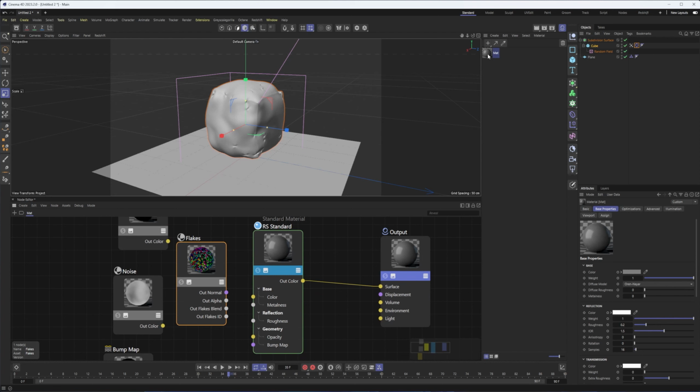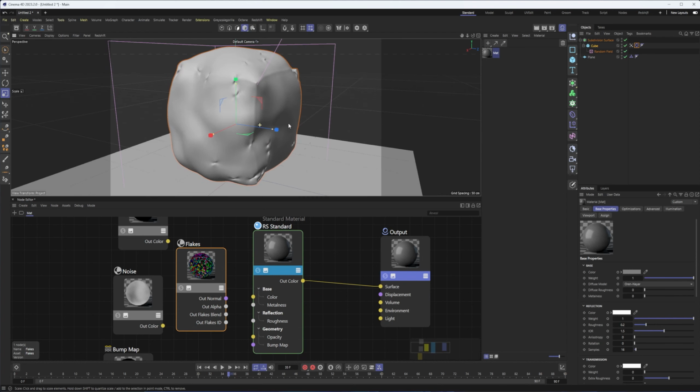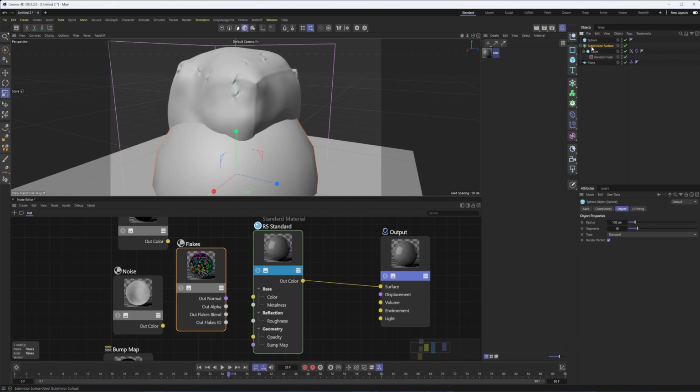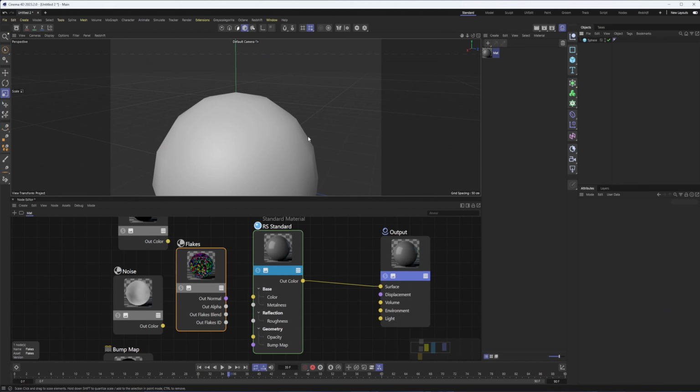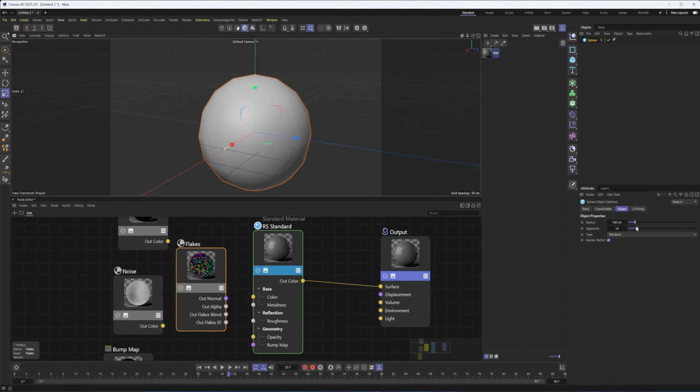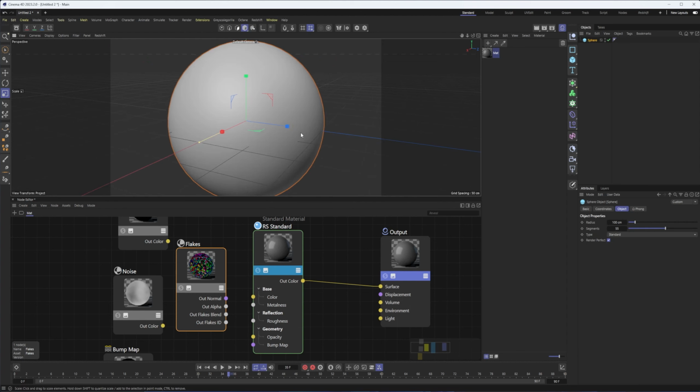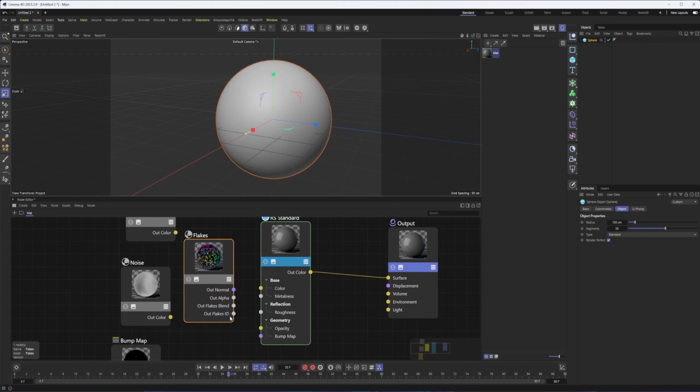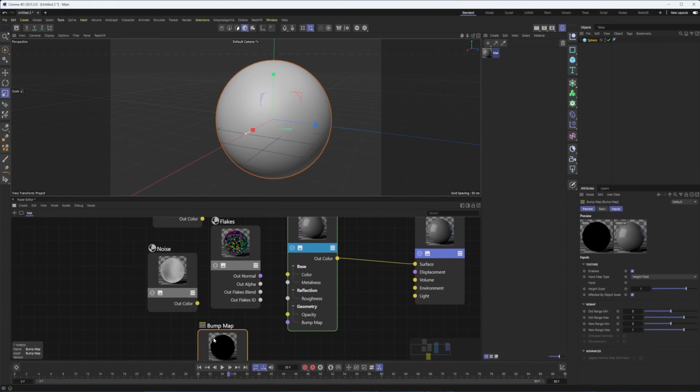But let's see, I don't think there's a way to make this preview a whole lot larger. So let's just create a sphere and see what type of preview we'll get in our perspective view here. Because if nothing else, it'll allow us to take a look at something else we have. But yeah, you would connect this. I don't know if you would connect this directly to the bump map. I believe since the colors are the same, you can.